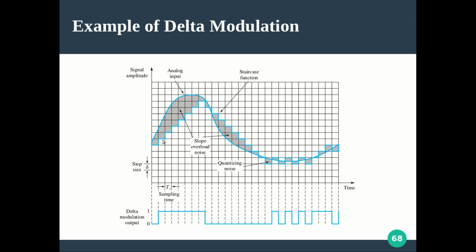So at this point, again, see, this is the amplitude of the staircase function. Corresponding to that sampling interval, the amplitude of the original signal is this. Anyway, it is a higher value, so again the staircase function has to be moved up. So it is given an up movement. Again it is given an up movement. Like that it will keep on moving up because the signal is moving up.